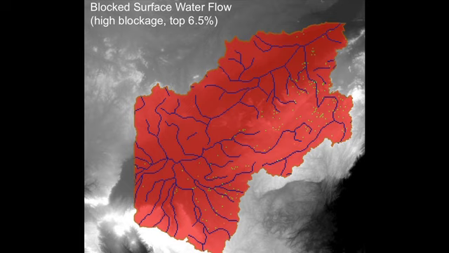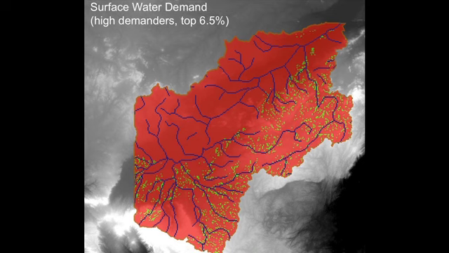Yeah, this is actually a subset of the previous map. So if you show the previous map again. Okay, so this is the top 6.5% water users, right? Just the very top, to pick it out so it's an easier map to see. But this next map couples demand with supply. The previous one is just demand, that's where the users are, right?